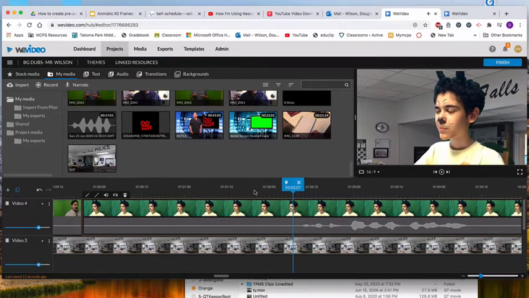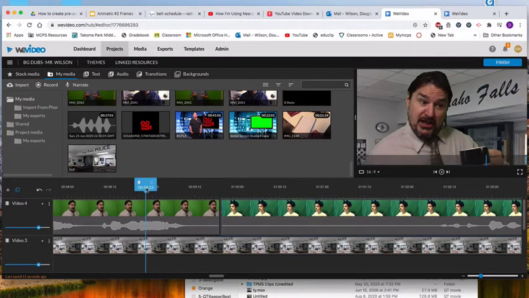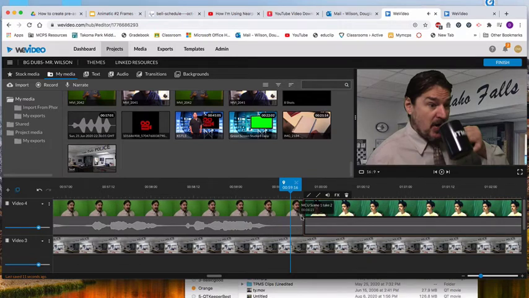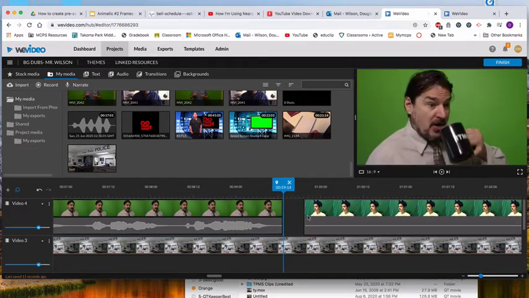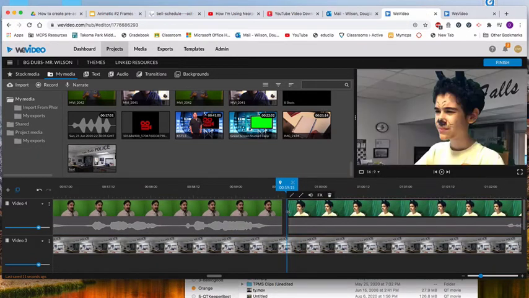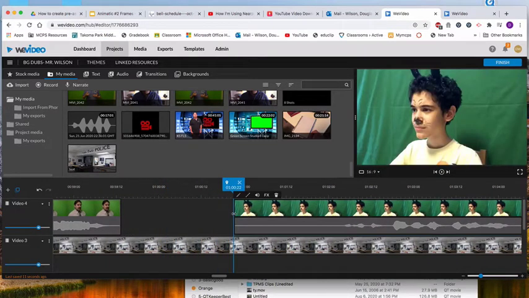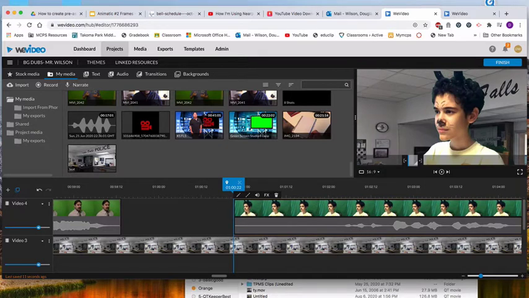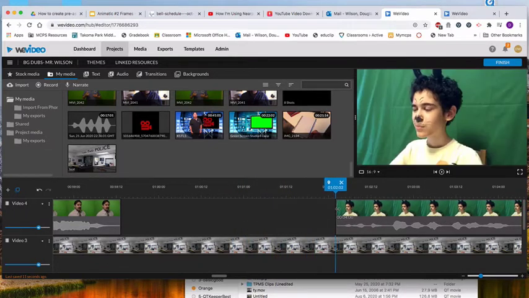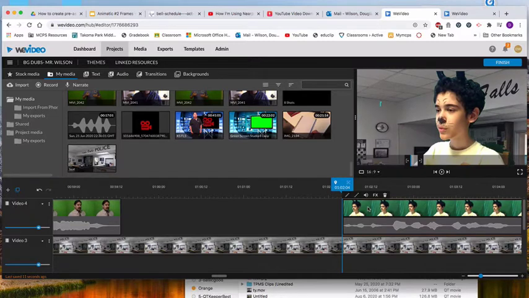Again, we want to get rid of those big long pauses. Okay, right there, I'll trim that. I'll move this over, but I'm going to edit off a lot of this stuff because I don't want it. Now I can see where he starts to talk by the waveform. I'm going to edit it all the way down, right around here.